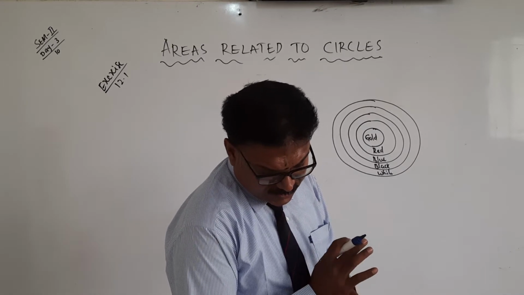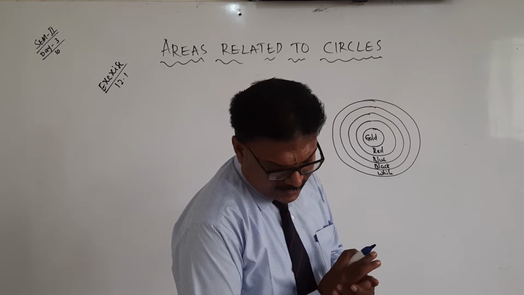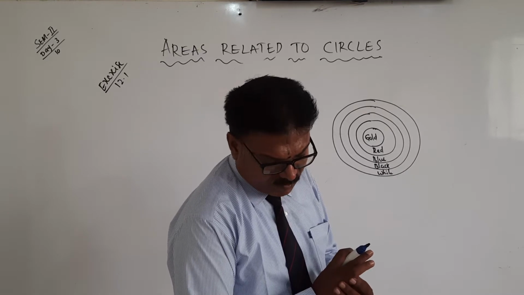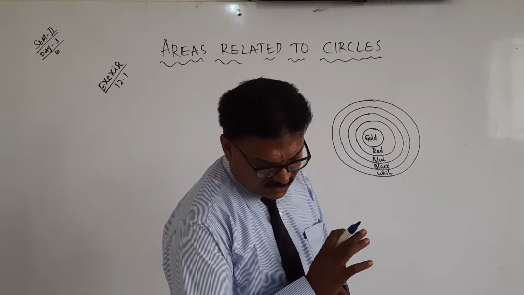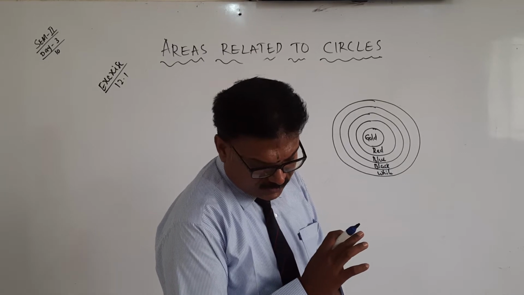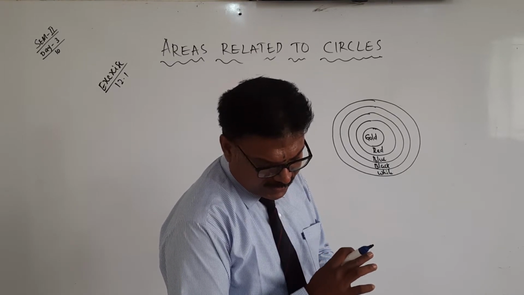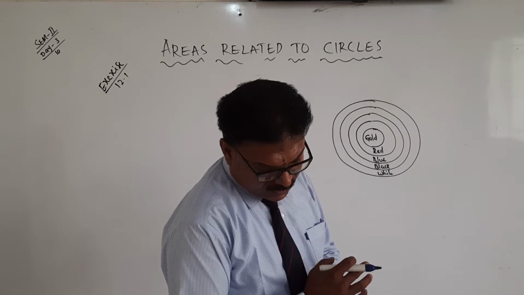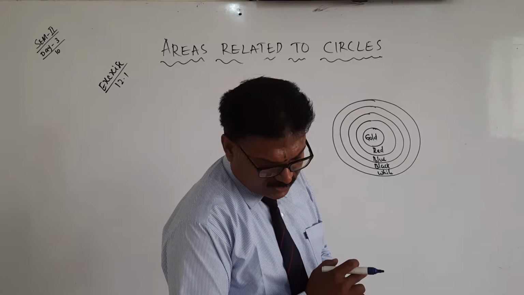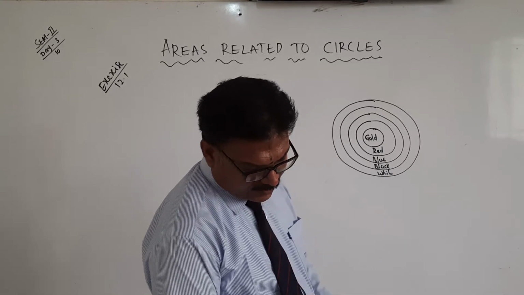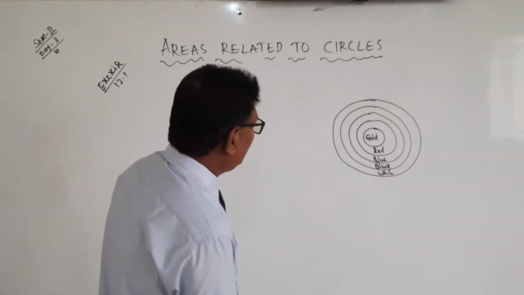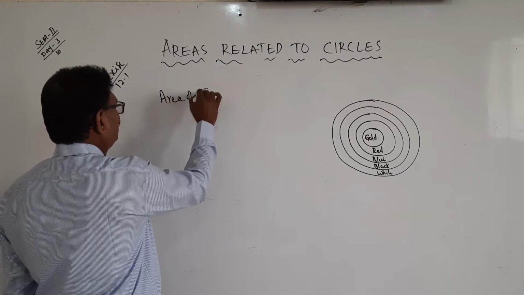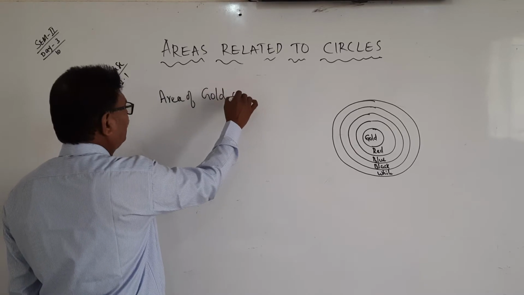an archery target marked with its 5 scoring areas from the center onwards as gold, red, blue, black and white. The diameter of the region corresponding to the gold score is 21 centimeter, and each of the other bands is 10.5 centimeter wide. Okay. So first one, what is the diameter of gold? First we will find out the area of the gold circle.